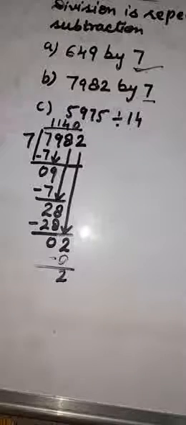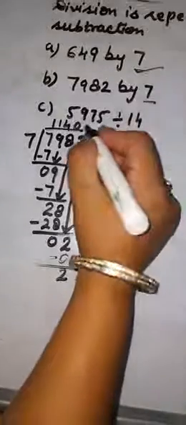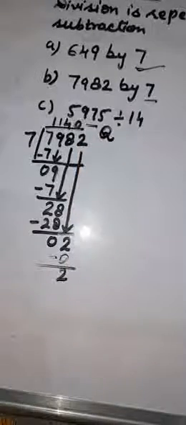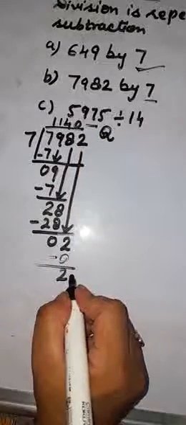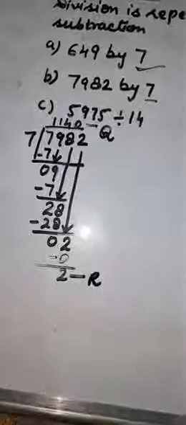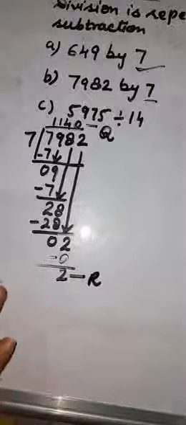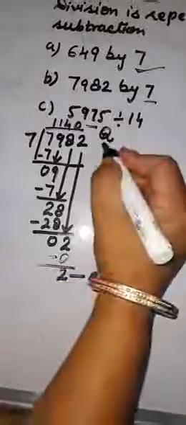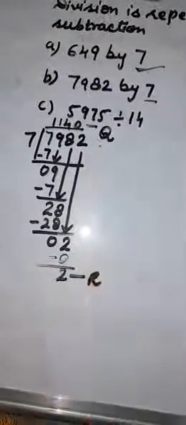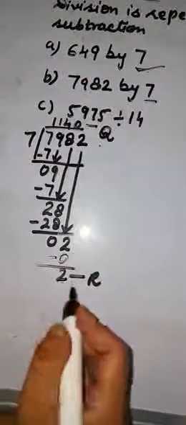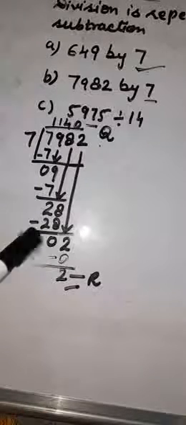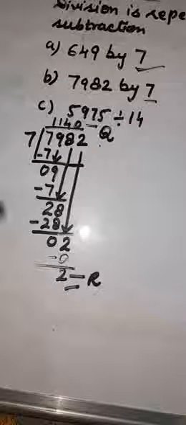So here the quotient is 1140 and the remainder is 2. If the quotient is asked, just divide and write down the quotient and remainder. So simply you can write the quotient here, the result obtained, and the leftover number, that is the remainder. Okay students, and you can check your answer by your checking method which I have taught you earlier.